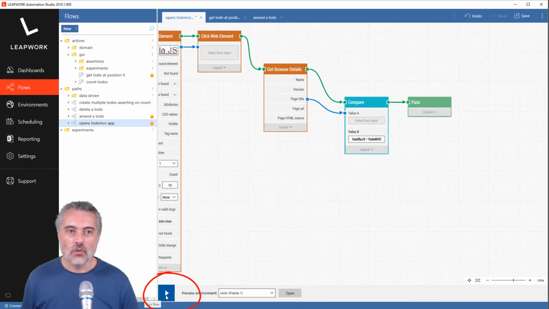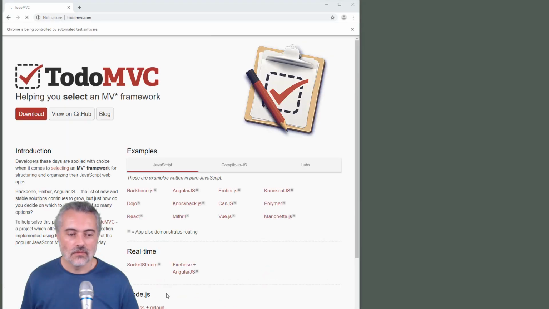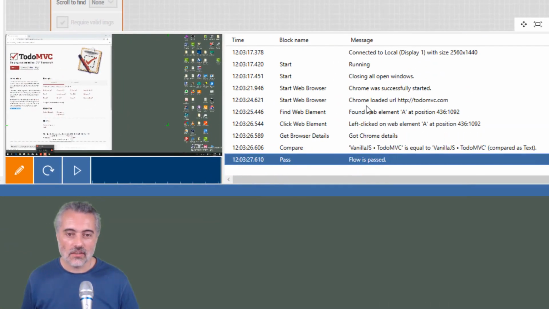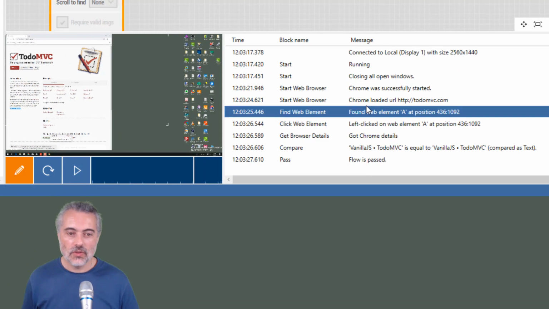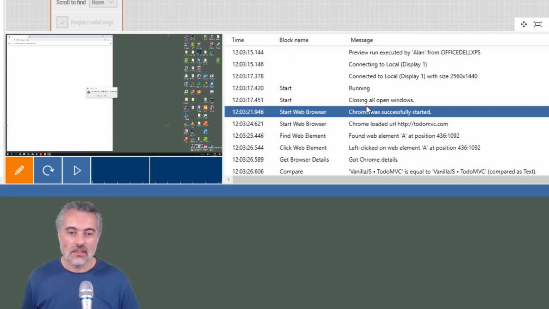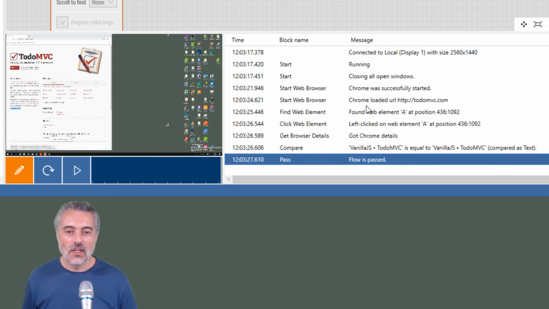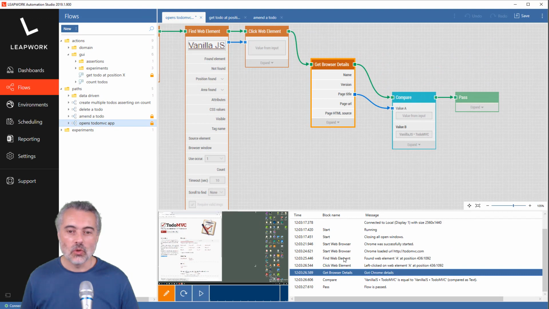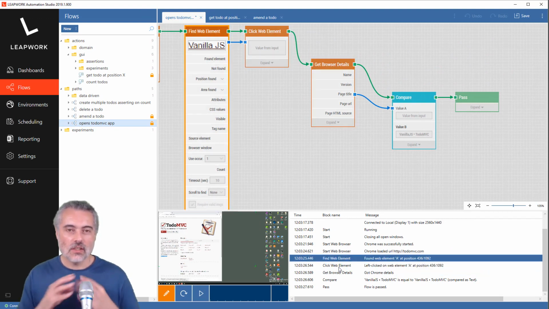So I just click preview and make sure that this works. So this execution is finished and the history says that it's passed. And I can scroll through this and see exactly what happened as it was executing. I can see it's closed all the windows, run them. So we've got a history of how it worked. And at each stage here, we can see which block was being run. So it's a very simple way of creating blocks, connect them together, passing data through and having an executable flow